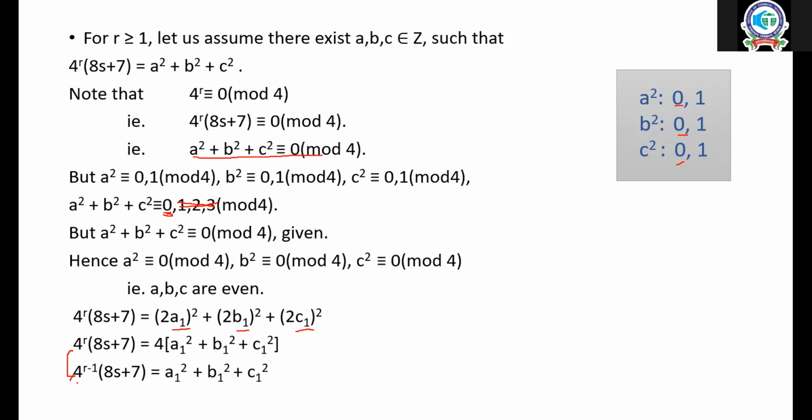She already mentioned, very nicely, what we are going to do. She told that the two parts are there. First part is that we prove 8s plus 7 cannot be written as sum of 3 squares. But using that, we'll prove that 4 power r into 8s plus 7 cannot be written as sum of 3 squares. Further, she clearly mentioned that we'll prove by contradiction. All of them mentioned earlier, and now we got it. I think this is done. It is better to move forward, so the time will be saved.